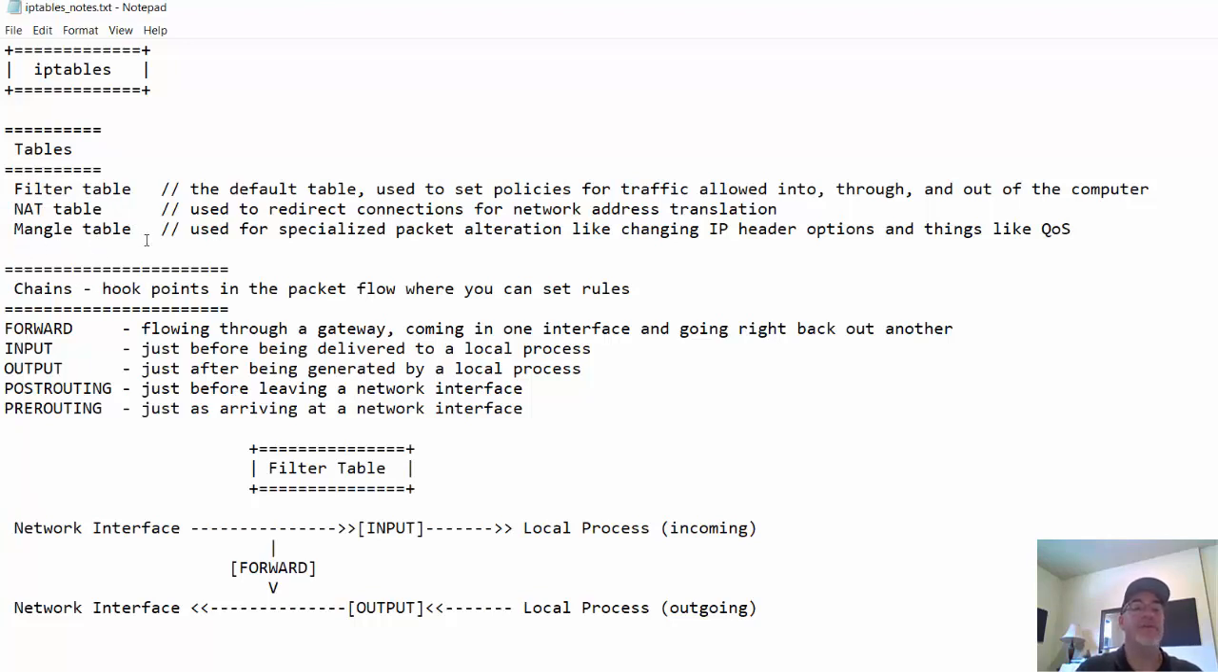And then the mangle table, which is used for specialized packet alteration, like changing IP header options and configuring things like QoS, quality of service. Now, iptables also has not only these 3 tables, but it has what's called chains. It has 5 chains, and the chains are hook points in the packet flow where you can set rules,